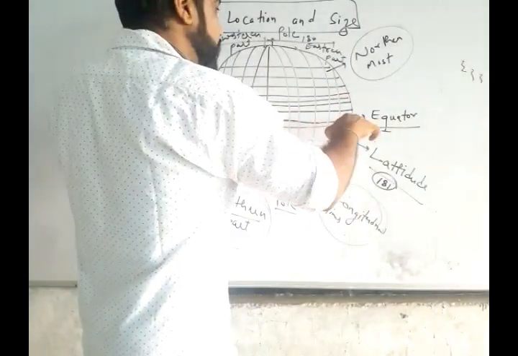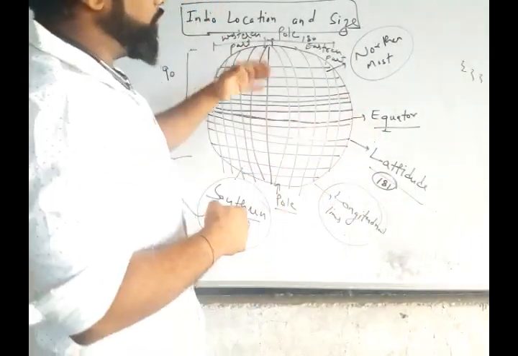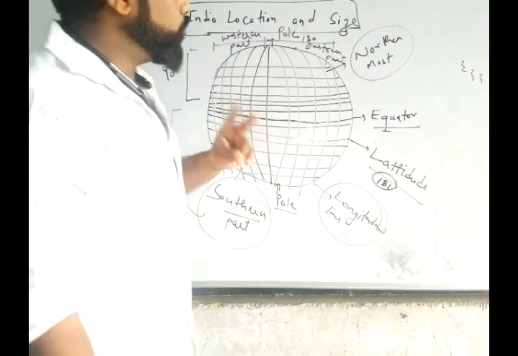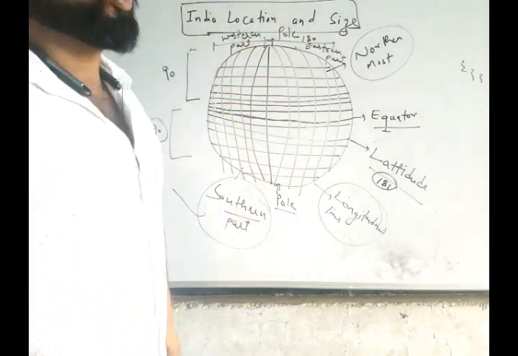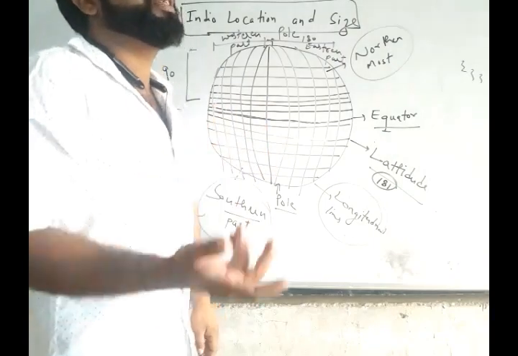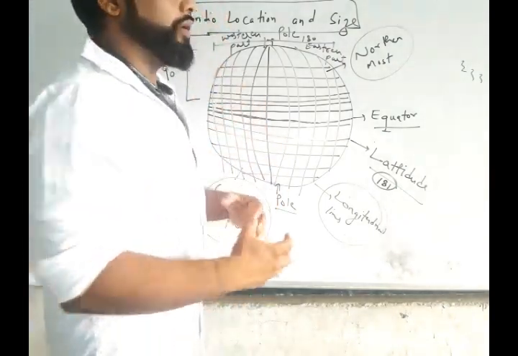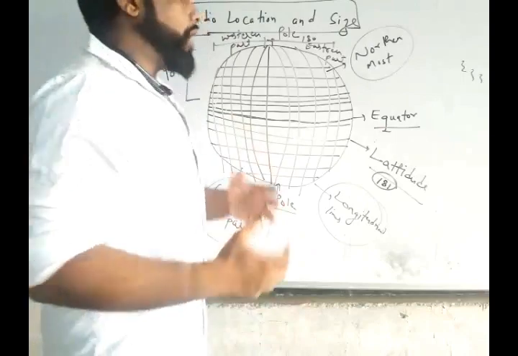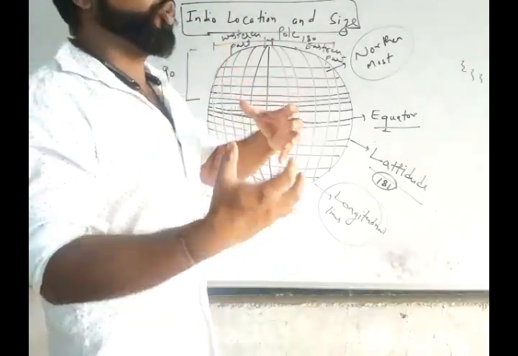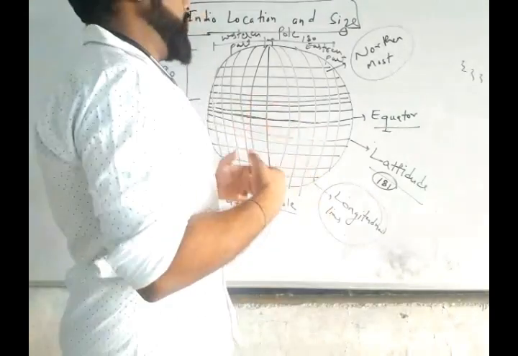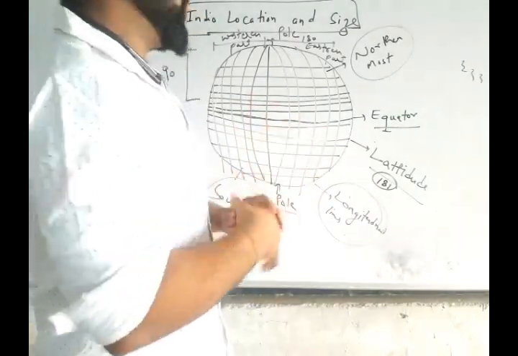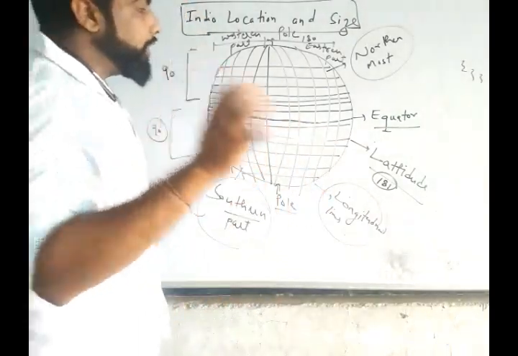Then there is an equator which divides our earth, or which divides the globe, into two equal parts. One is the northernmost part and the other one is the southernmost part. So keep studying these things, that what is a globe. Tomorrow I will also go through the globe and give you the description on the globe. Very easily you get everything.